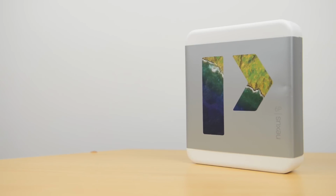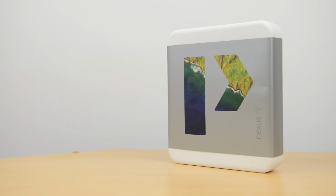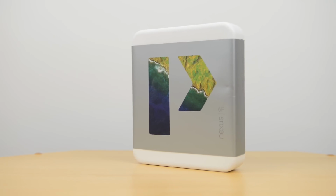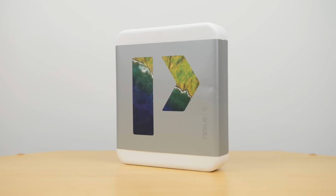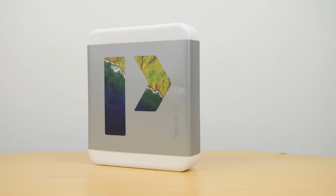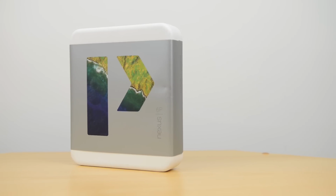Now this didn't come as quickly as the Nexus 5X did, but we've still got it here, and it is the silver aluminium or aluminum version, which I've not seen much of on YouTube so far. It has been the black graphite version, which I've seen mostly, so hopefully this will give you a closer look